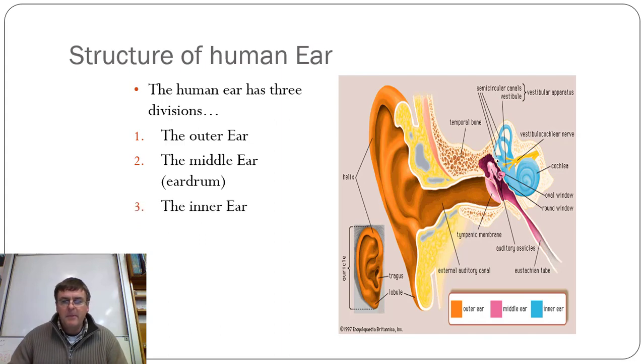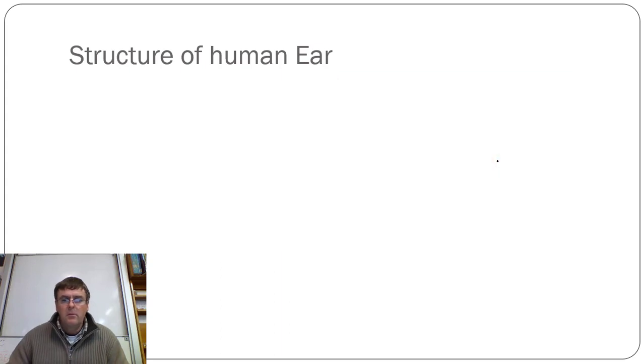And then we've got the inner ear. That's the blue part in this diagram. So let's have a look at this in more detail. So the outer ear